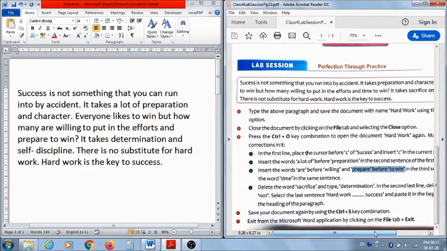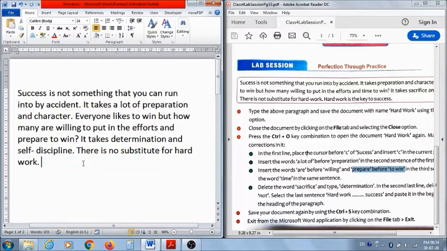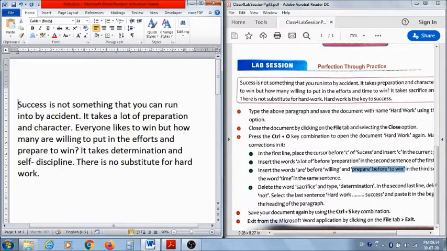Next, select the last sentence hard work till success and paste it in the beginning to make it the heading of the paragraph. So how will we select? Just drag the mouse and select it. Or you know the shortcut to select a sentence is Control and click anywhere on the sentence. So I have clicked it. Now you have to paste it in the beginning because it's becoming the heading. So I am using the option cut, going to the first line, making a space.